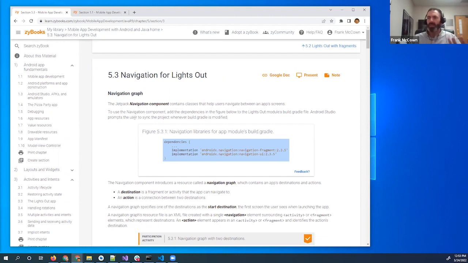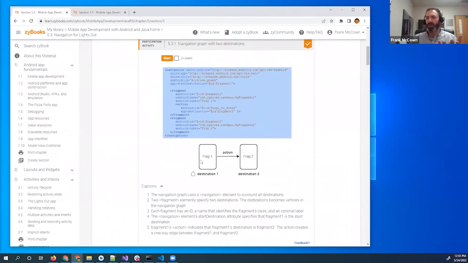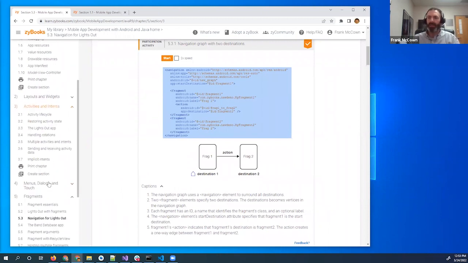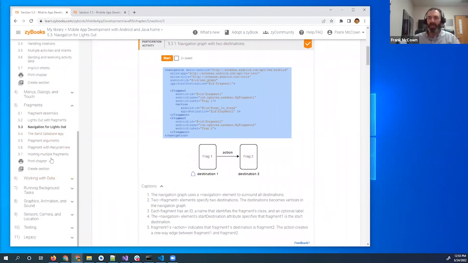So I've introduced here a number of what we call Jetpack components, and these are some of the newer components that Android has introduced to simplify application development. In this case, the navigation component helps you define a graph that shows what types of fragments should be displayed on the screens. And so this chapter is all about using the navigation component.